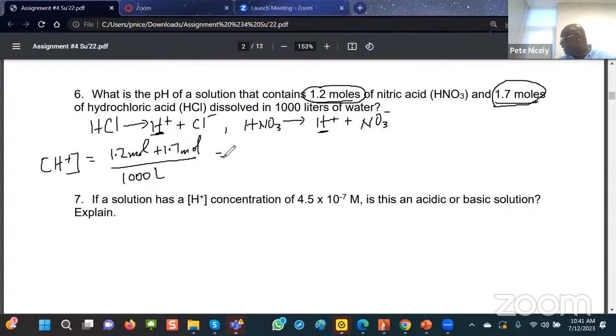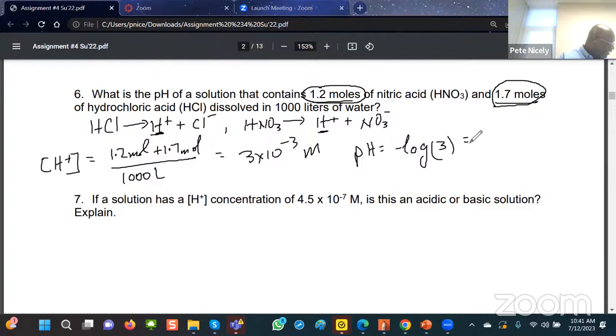So this, according to my calculation, gives, okay, I think I have this incorrect in terms of rounding off. Since this is 1 sig fig here, I'm just going to round this off to 3 times 10 to the minus 3, and this would be M, all right? So the pH will be equal to minus log of 3, all right? So I need to do this calculation here because the answer I have worked out earlier is not 100% correct. So 3 log